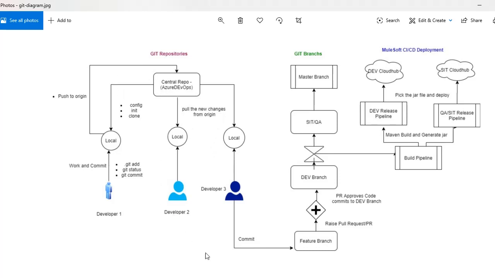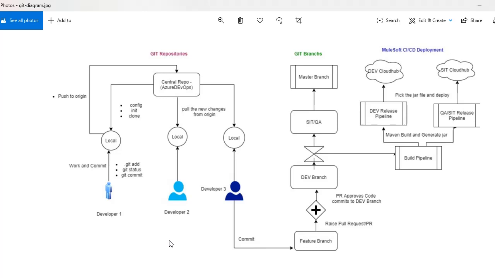Basically, once we are done with the development of our code, we need to commit our code to one central repository, right? The code should not stay on our local developer machine for a long time.